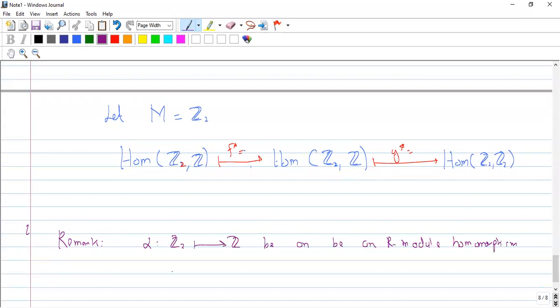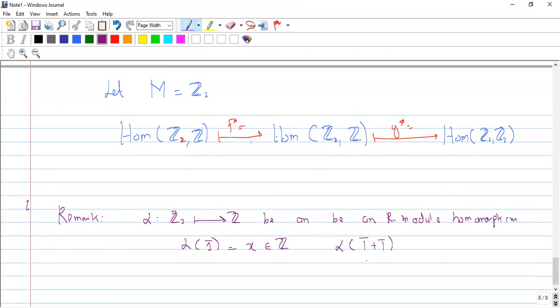Okay, so यहाँ पे अगर ये आर मॉड्यूल होमोमॉर्फिज्म है तो Z2 में दो एलिमेंट हैं, 0 बार और 1 बार, तो alpha of 1 बार का कोई ना कोई एलिमेंट x होगा, और x एक इंटीजर होगा. Okay, now by definition what is alpha of 1 बार plus 1 बार? On one side it is equal to alpha of 0 बार, और हमें पता है कि मॉड्यूल होमोमॉर्फिज्म 0 को 0 में मैप करते हैं,